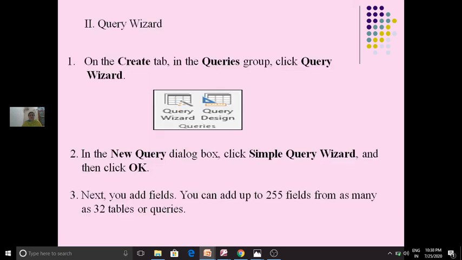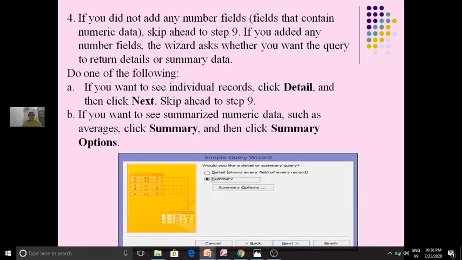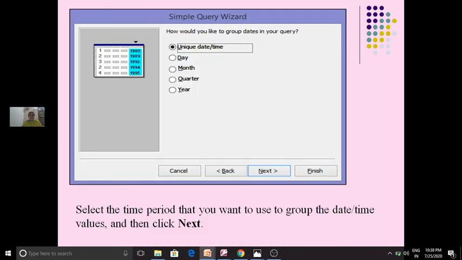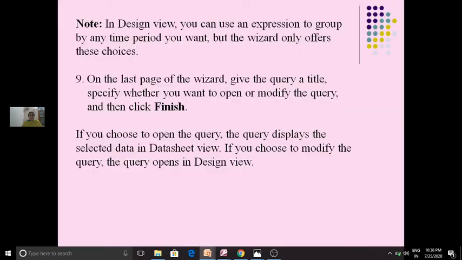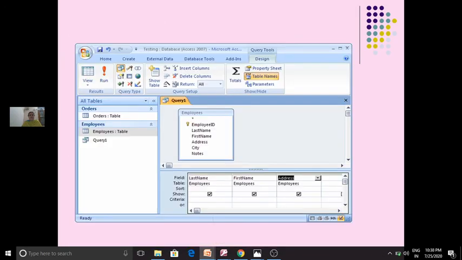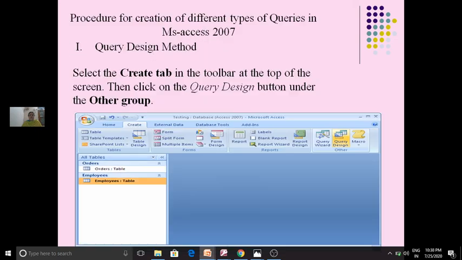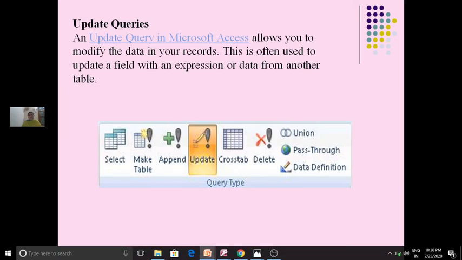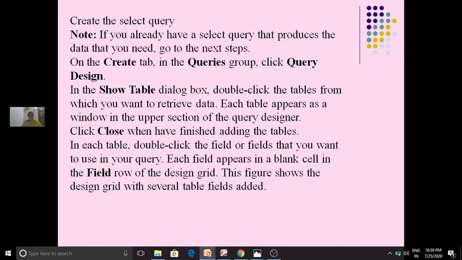Then how to create a query using query wizard. So students, I think you have understood the points of today's class. You can create a simple select query by using query wizard and query design methods.